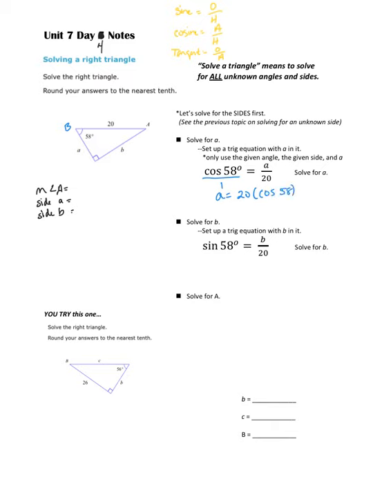Now I've already checked to make sure my calculator is set up in degrees because I'm inputting degrees. You will not get into radians in basic geometry. You'll get into radians later in pre-calc and trig. All right, so cosine 58 goes in my calculator, and I multiply it by 20, and I get A equals